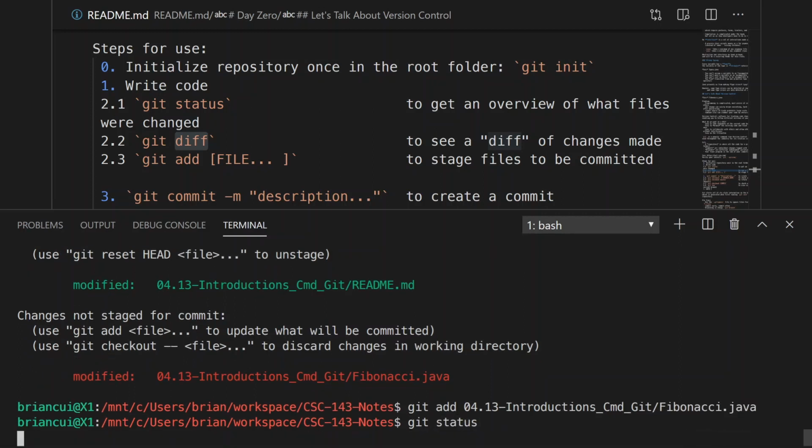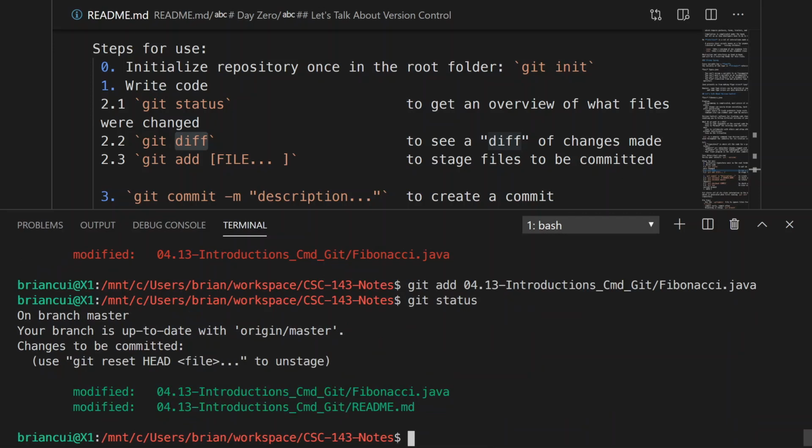When I do a git status again, I'm told that file is now staged for change. And now when I do a git commit, it's going to take whatever is currently staged and save it as a commit. Git commit takes several arguments, but the one you'll be using the most is -m, which indicates you're going to be passing a message, and whatever message you put in double quotes here as a string. So here I'll say